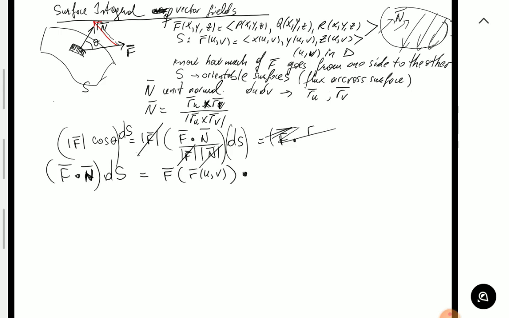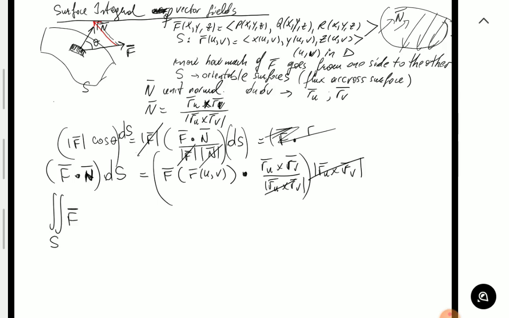The unit normal is in fact Ru cross Rv divided by the magnitude of Ru cross Rv. So that's a dot product. And on the outside, dS, remember, is the area of that patch, which is the magnitude of Ru cross Rv, the area of the parallelogram. And this cancels as well. So when everything is said and done, the surface integral, we're going to write it on the next page in a minute,